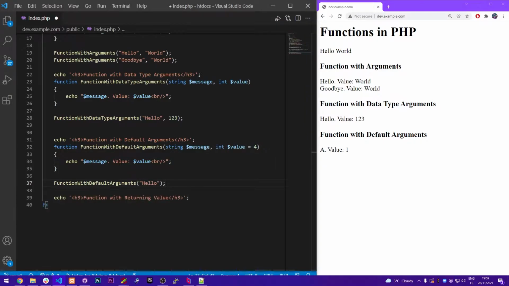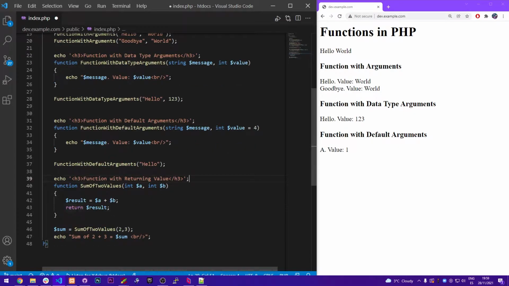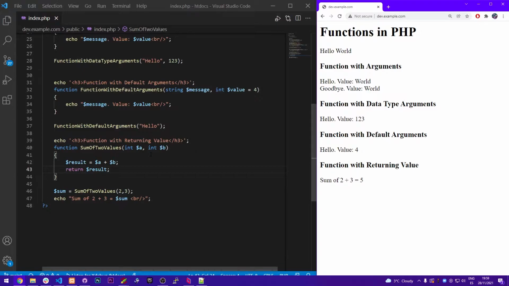Another nice feature functions have is that you can return a value after the function has been executed and use it in another part of your code. This can be done by specifying the return keyword at the end of the function code block, followed by the value or variable that you want to return. As you saw here, we have declared a function that sums two arguments given and returns the result of the